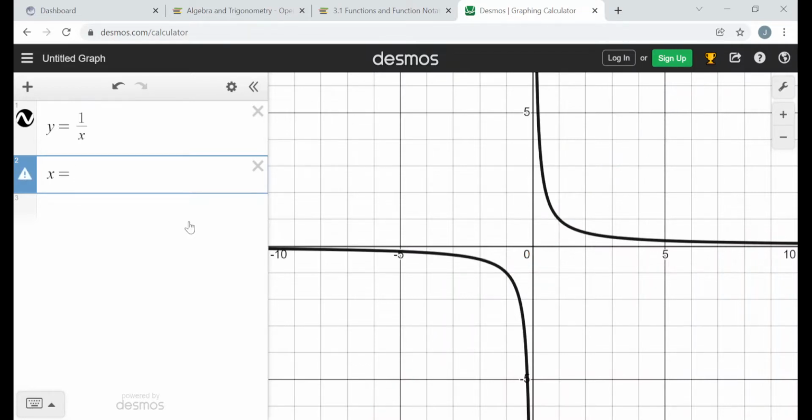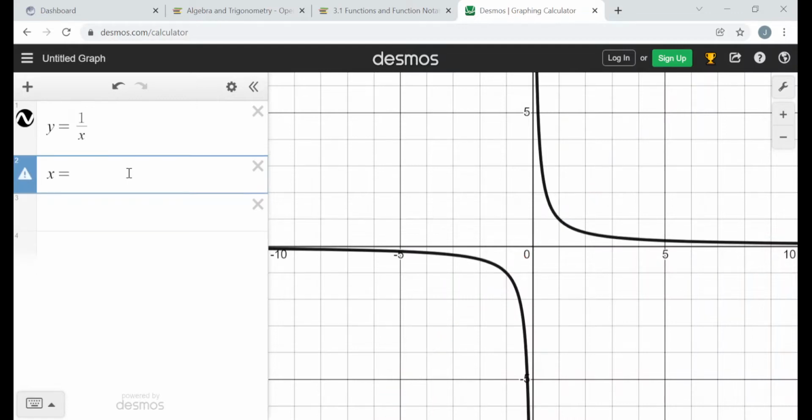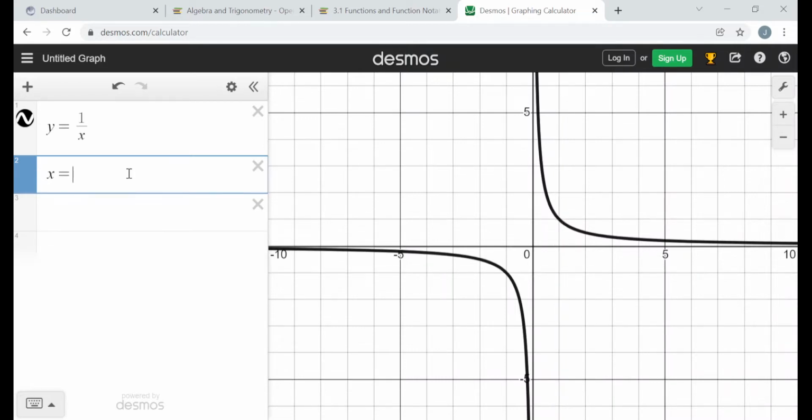What's going on here? Anyway, x equals 1. That should be vertical lines. I don't get why it's doing that. Anyway, x equals 1,